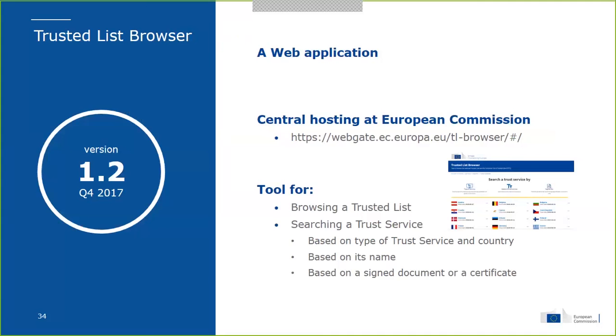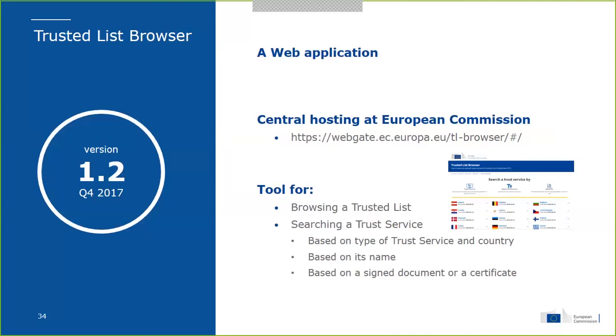A search where you can, but you know that already, search through type of trust services and country, or all country, but you have two criteria. You can search by name, and it's a nice feature where you can search on the go while typing, and you will see that you filter out the results. So it's a pretty neat feature for getting quickly to the result.